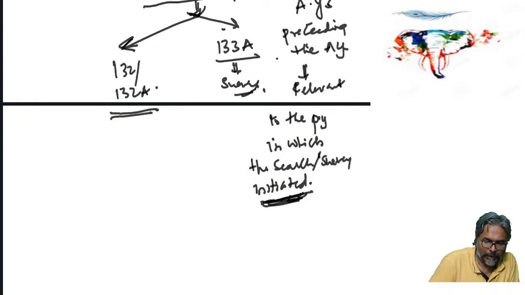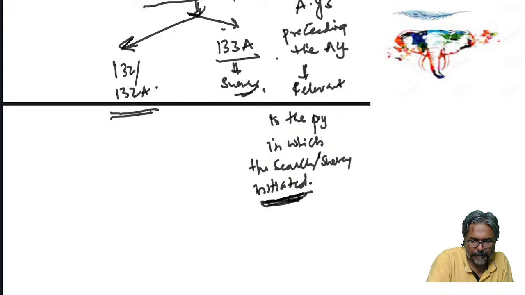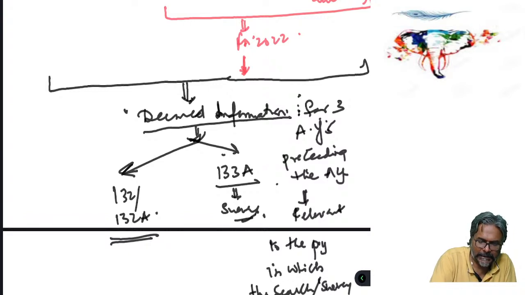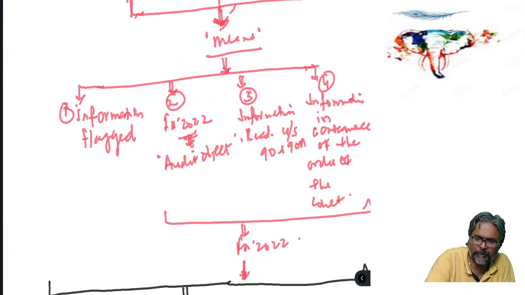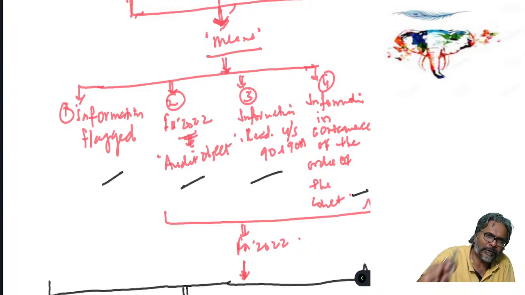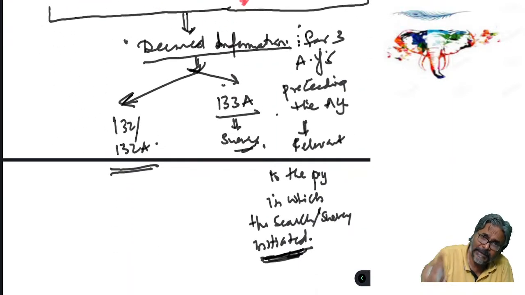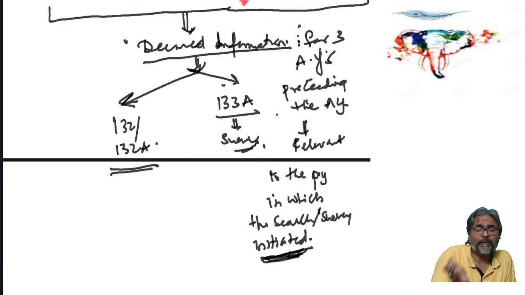I hope that all of you are now clear on this particular part. This is one of the very important aspects so far as 147 is concerned. Other than the search and survey, students, the information is for that particular year itself. There is no deemed information for this one. If it is not a search or a survey, then it is only relevant for that particular year itself. But if it is a search or survey, because of which 147 is happening, then it is deemed that the AO has the information for the 3 years period.